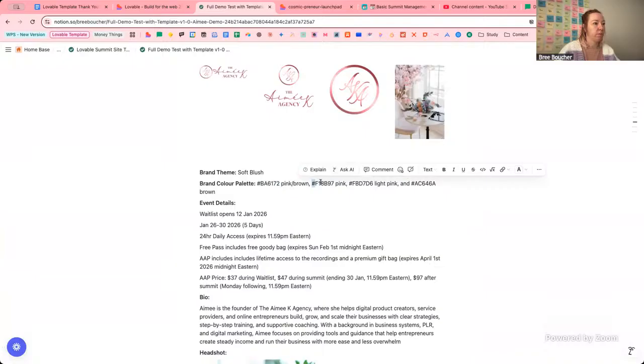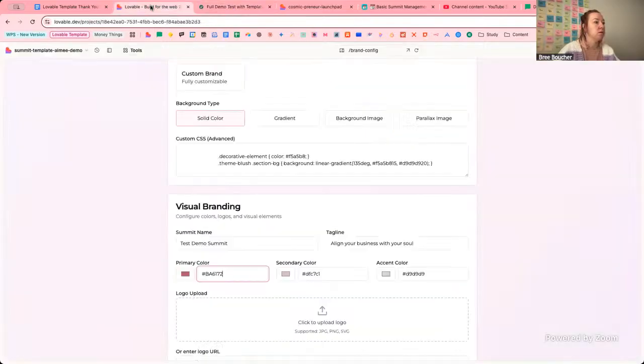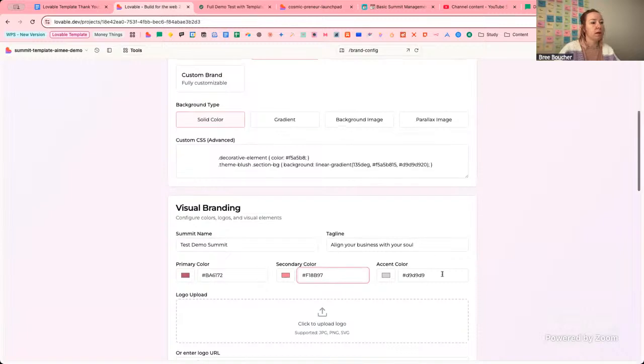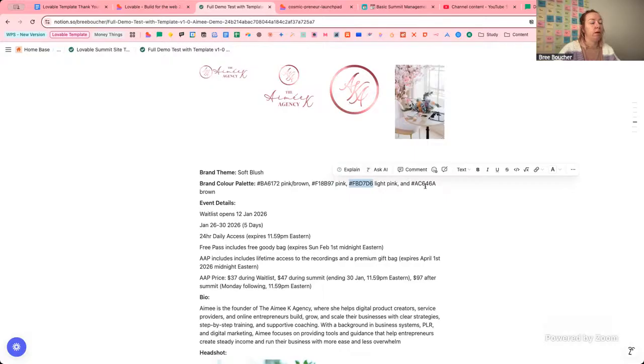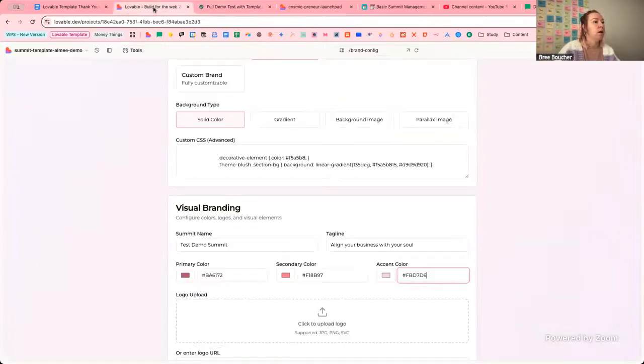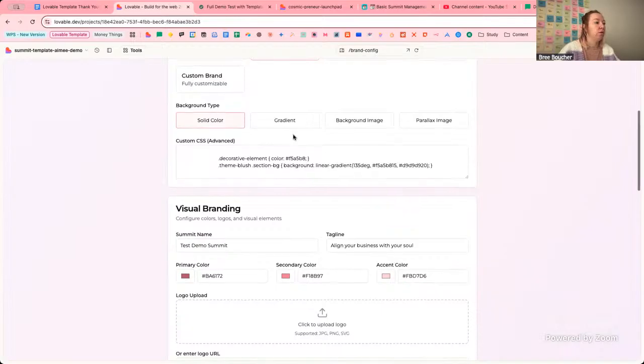Oh, just want to make sure I grab the hex as well. The hash, I should say. And then we can see how it works. So we've got light pink here as the accent color, which may or may not work in the site. And we have this additional color here in brown as another option. So the summit name,